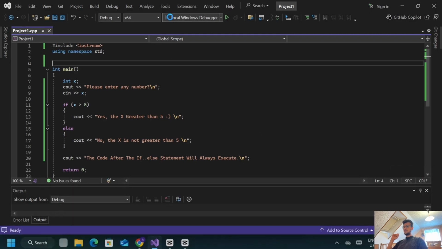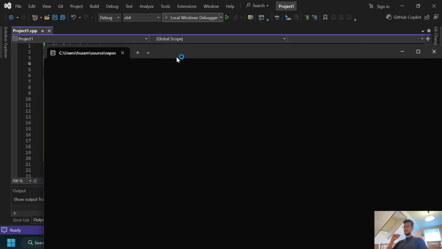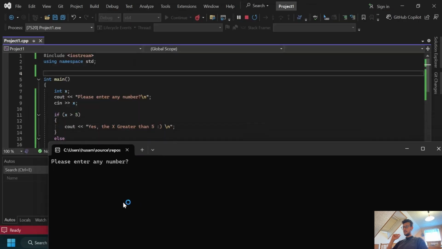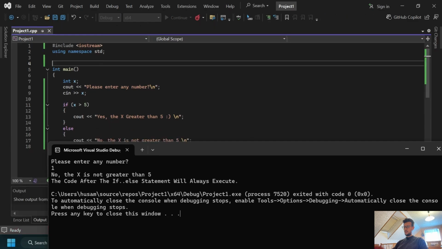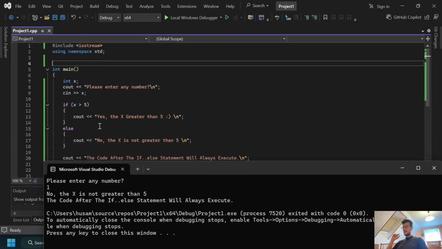So let's insert another number less than 5 to make the condition false. Please enter any number, number 1 for example. Perfect. The compiler ignores the if body because the condition is false. 1 is not greater than 5, 1 is less than 5. So the compiler jumps directly to the else body and executes it, as you saw in the console screen, because we inserted 1. The compiler executes the string inside the else body that says no, x is not